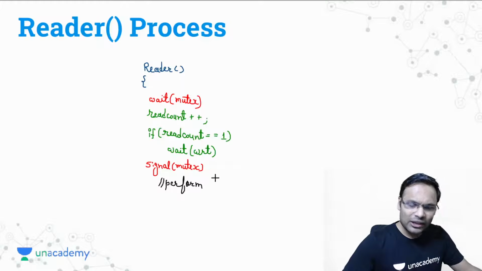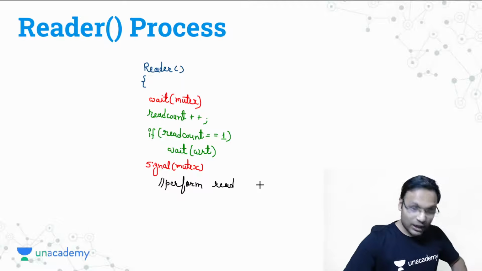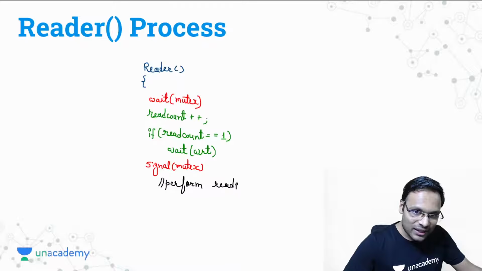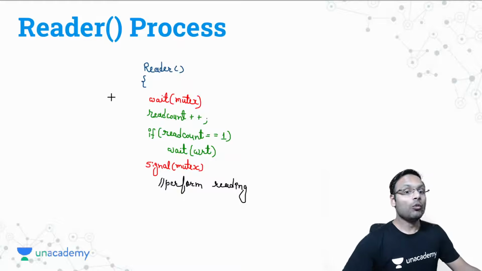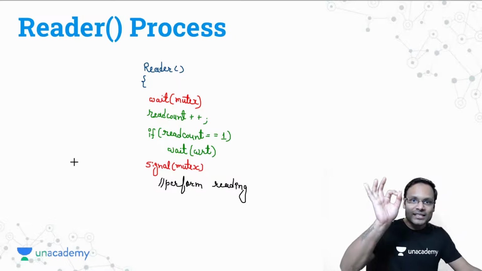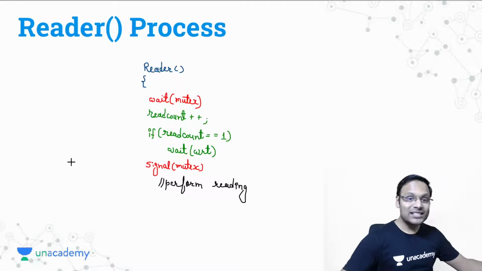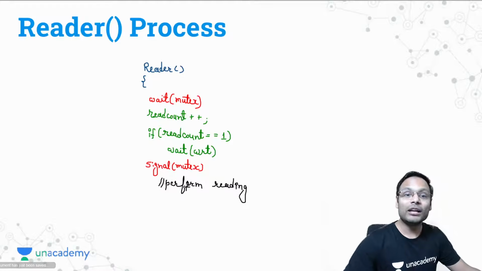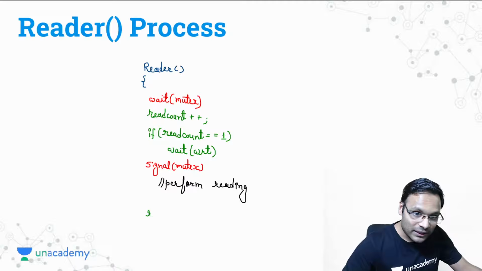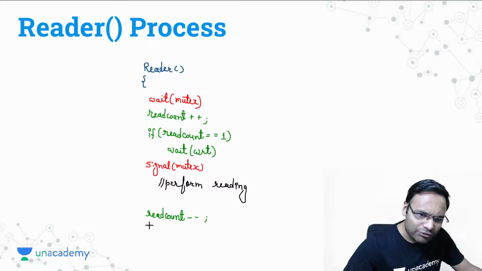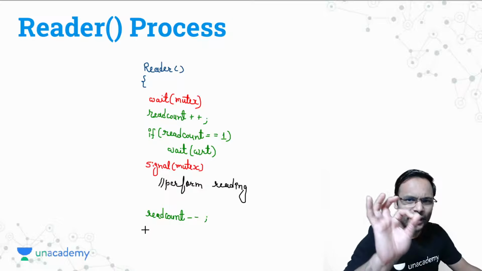Once a reader wants to go out, if any reader wants to go out from reading, what will the reader do? The reader will decrease the read count, saying my work is done, decrease my count. So when a reader tries to go out, it will first decrease the read count by 1. Read count minus minus. And then we will check after the decrement, do we have read count equal